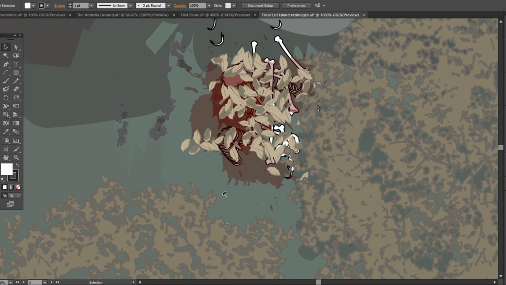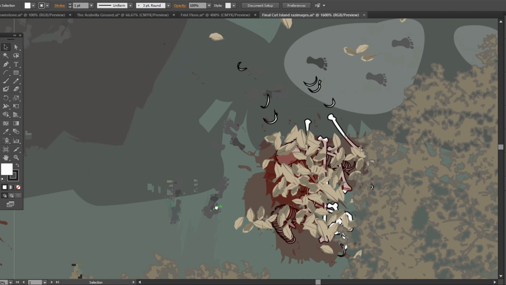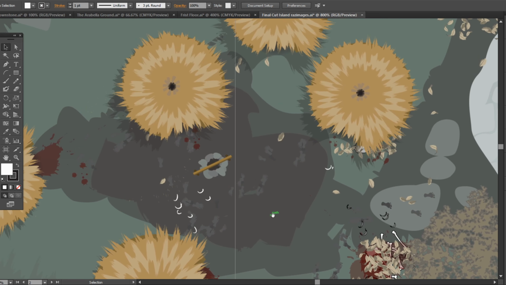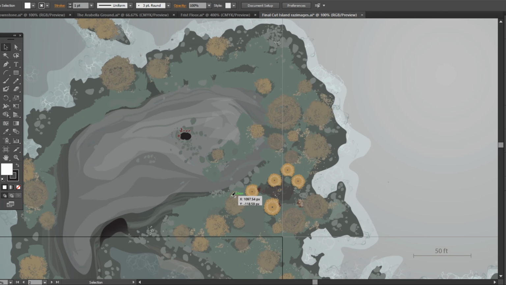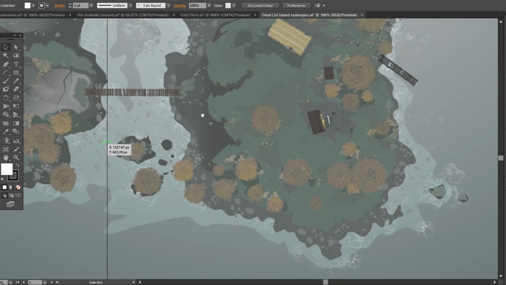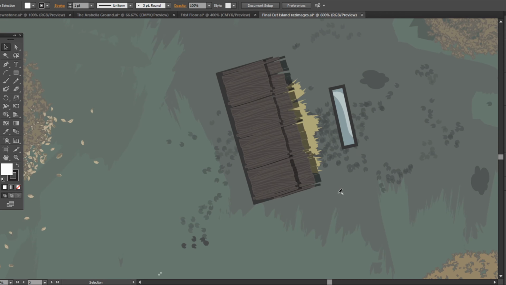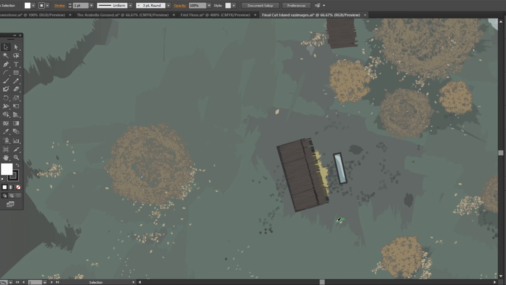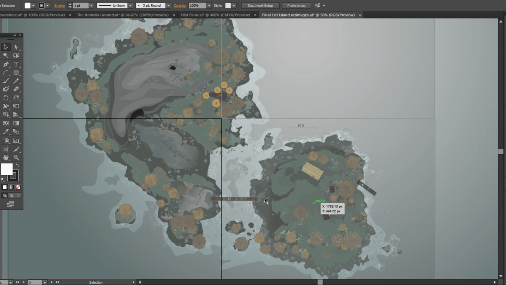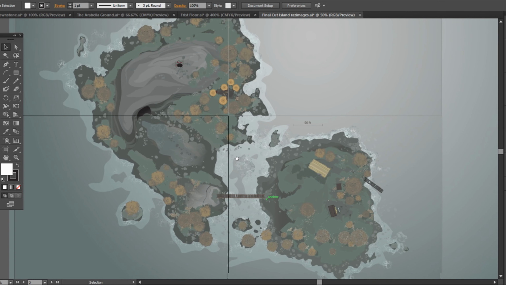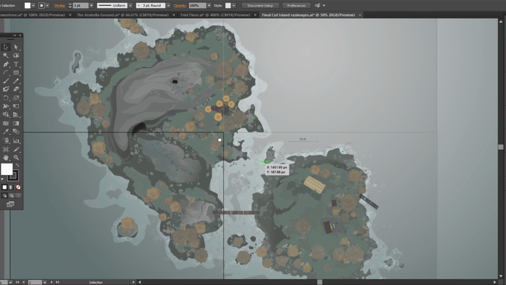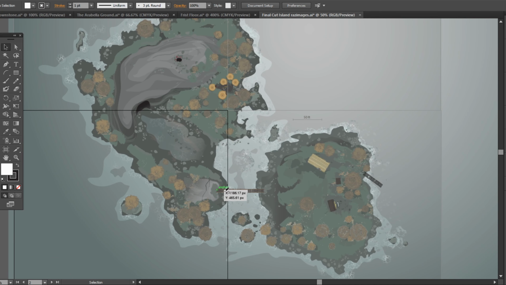Piles of blood and bones, some huts, all that sort of good stuff. It's a pretty huge map. You've got a pig pen over here, a harbour and all sorts of things, or up here. So yeah, you can do quite a lot with it once you learn the basics, but it all comes back